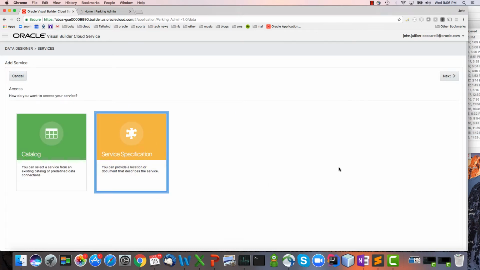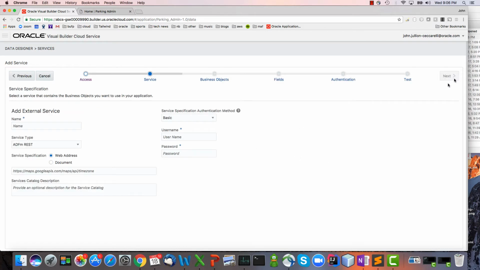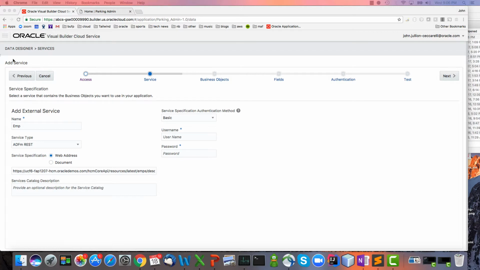But for demo purposes, I have my VBCS instance in another identity domain, so I actually have to manually specify the location of the REST APIs that I'm going to be calling. So what I do is I bring in the URL of the describe, and the describe is just part of Oracle SaaS REST APIs. It's a document that describes all of the functionality in that REST API. And we're going to go ahead and just call that with an app ID. So I'll paste in my credentials here